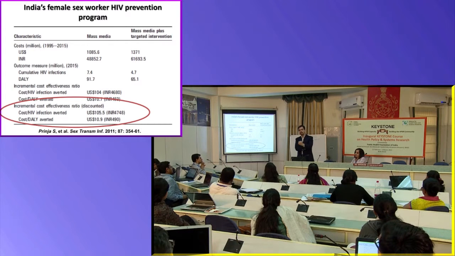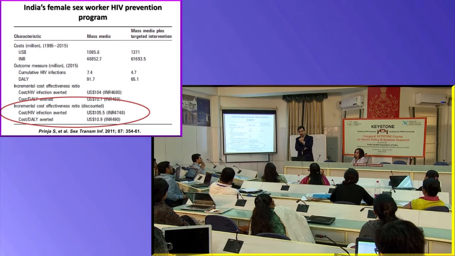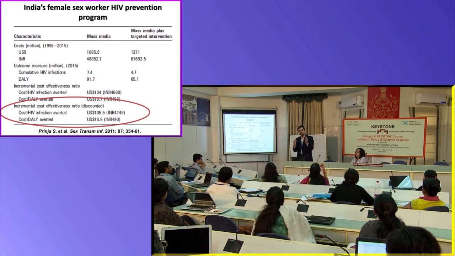As a result of that, there is reduction in the mortality from HIV, plus improvement in quality of life of those many people who were prevented from getting HIV, because if they had HIV, they would also have opportunistic infections and all the types of problems which an HIV patient has, social stigma and all those things. So the quality of life also improves for those people who were prevented from having it.